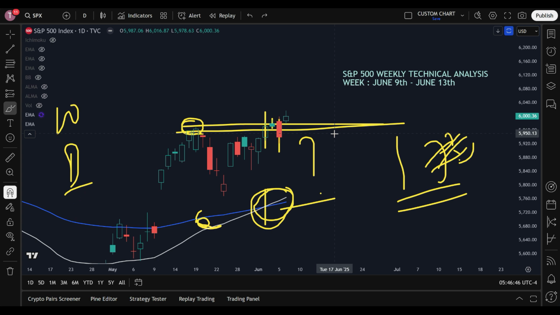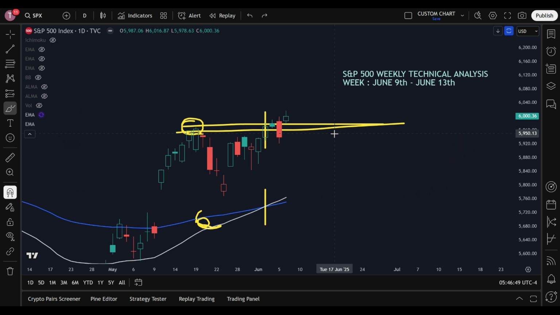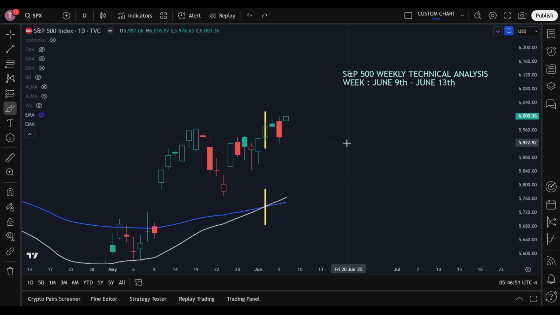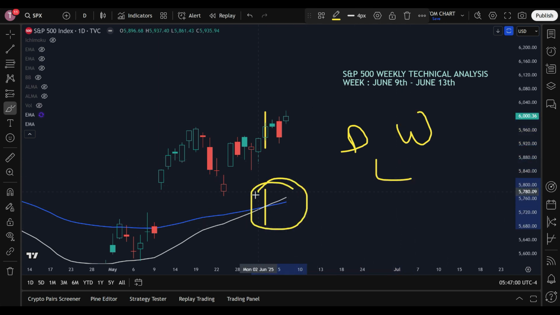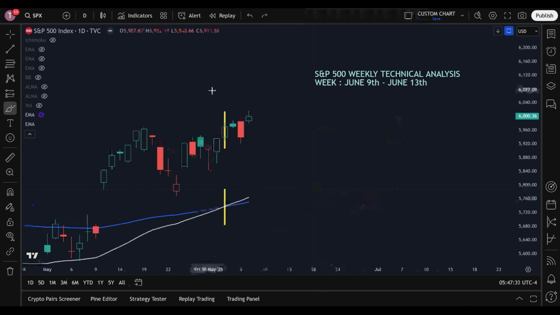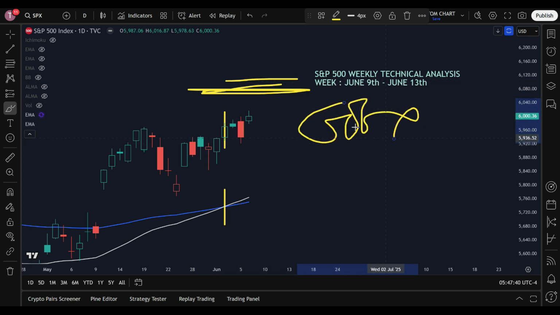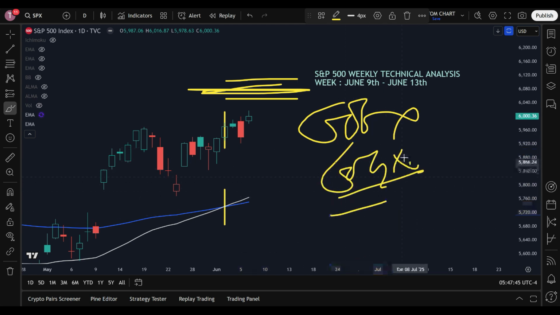Now the purpose of telling you this, the 50 and the 100, is that the S&P 500 is getting bullish support, not just through the daily chart or the weekly chart or the lower level technicals, but also because of this standard practice that is followed in the stock market. It is not only for the US stock market, but the global stock market. This practice is always followed. Now this bullishness can help the S&P 500 to move up at most to 606x, or to 604. First of all, it will be 604x.